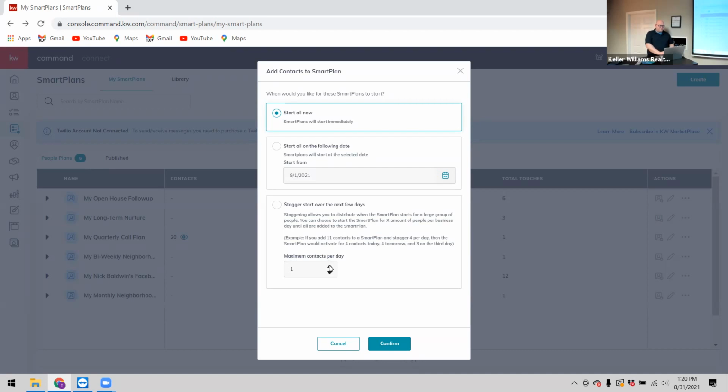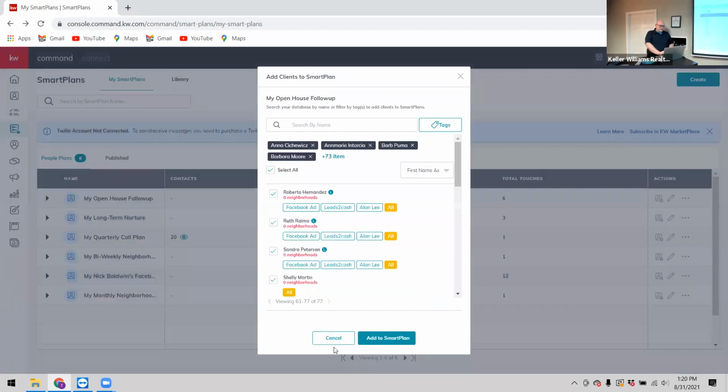So I only want, oh, I need to select this first, okay. Then I want to only contact 5 people a day. So I would click confirm, and it would start texting people, and I would keep getting notifications to call people, but only 5 a day will be added. So I only have 5 people a day. So that breaks my 77 down much easier than the total of 77 per day. I'm going to cancel